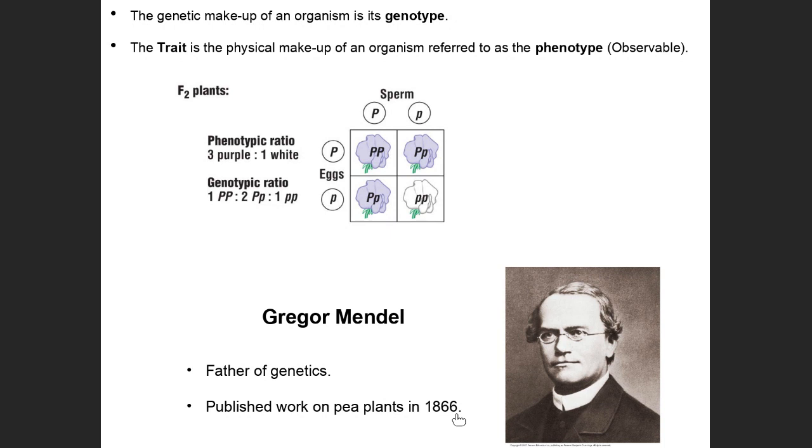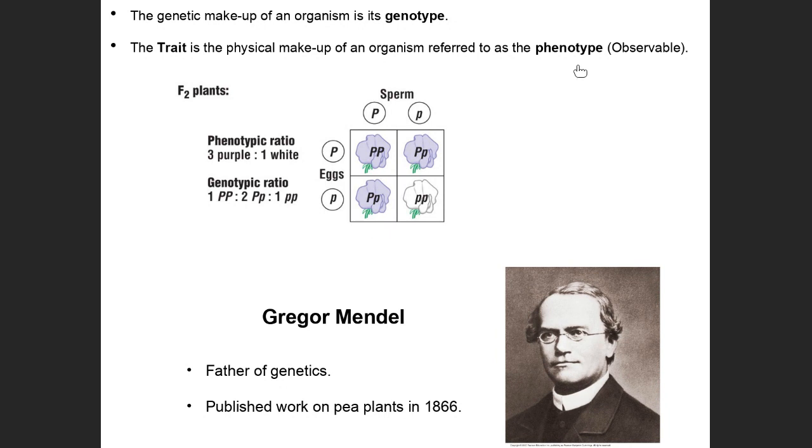They realized he's onto something, he's ahead of his time. So thankfully, due to that small group, such as Reginald Punnett, who developed the Punnett square, and another guy by the name of Bates, who coined the term, I believe, genes or genetics, these guys noticed he was onto something. Okay, and then over time, they were the ones that said, okay, even though DNA was not known to